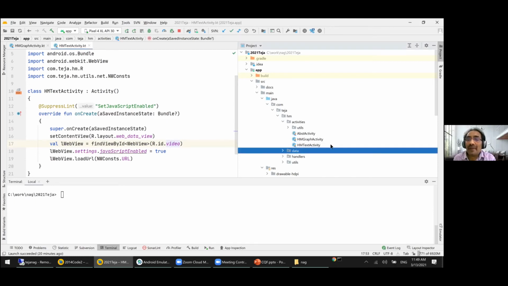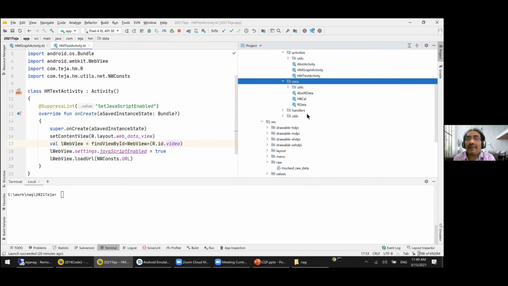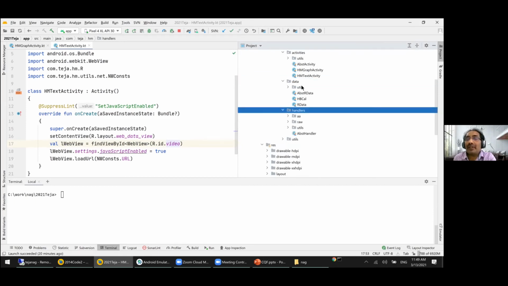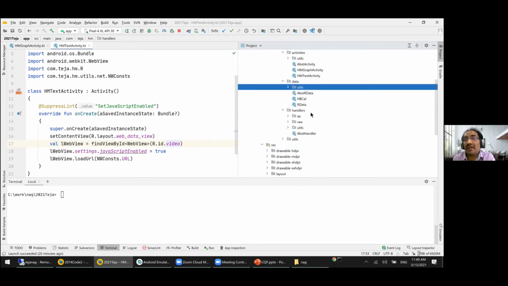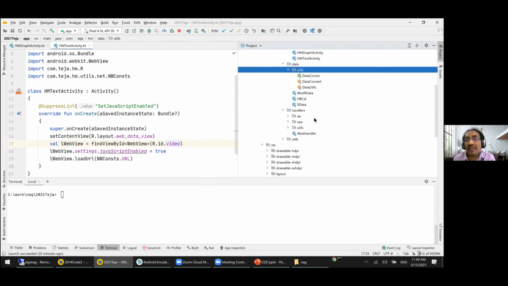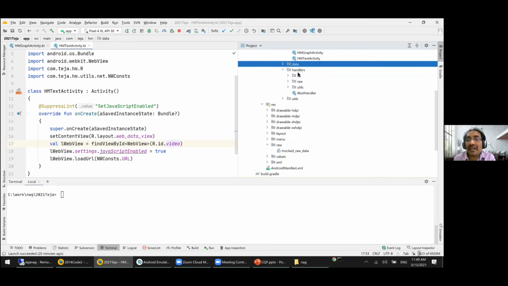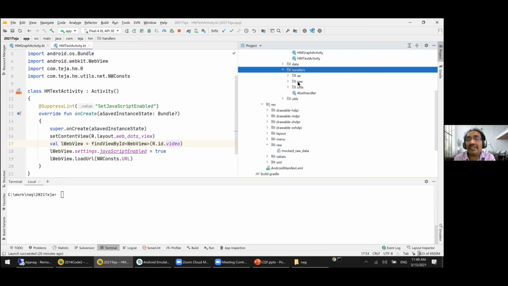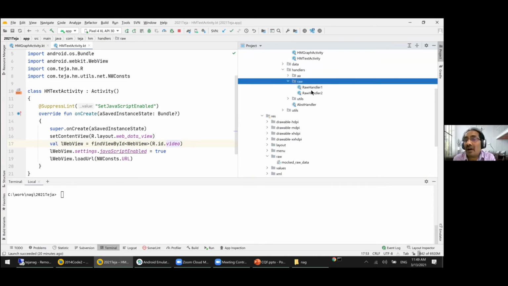And then, we are related to data. We have the one which is reading data, and then collecting data. That is what is mocked. So that is all the data package. And these are the handlers. You see this? There are 2 handlers, raw handler 1, raw handler 2. These are actually bad names, but because we could not talk to domain experts, we had to name them like that.